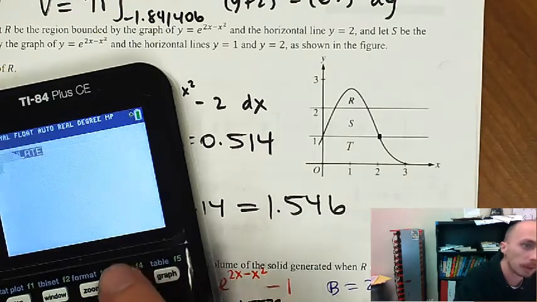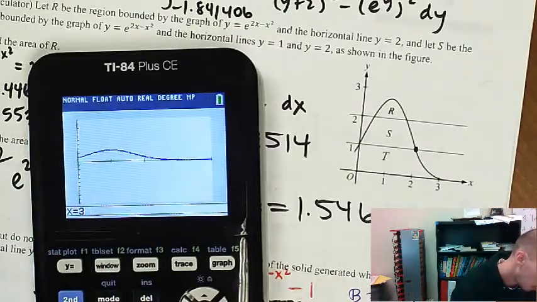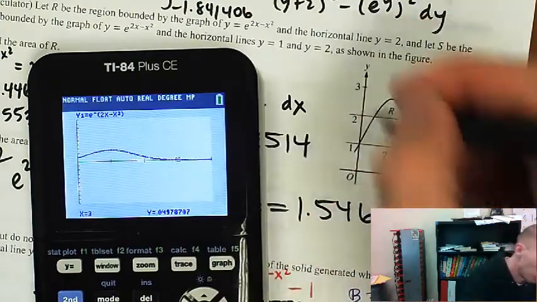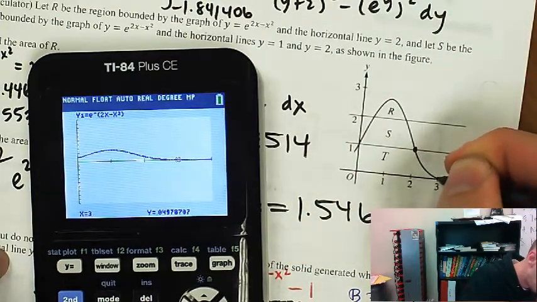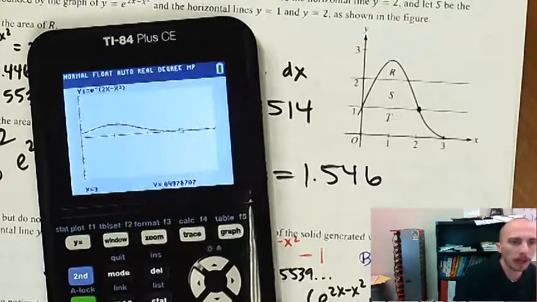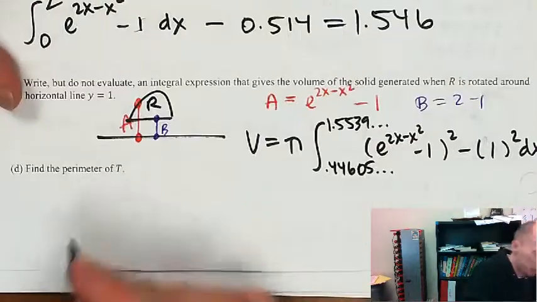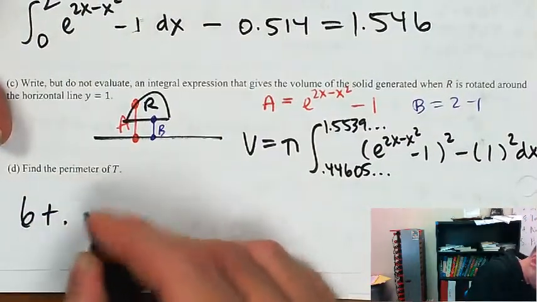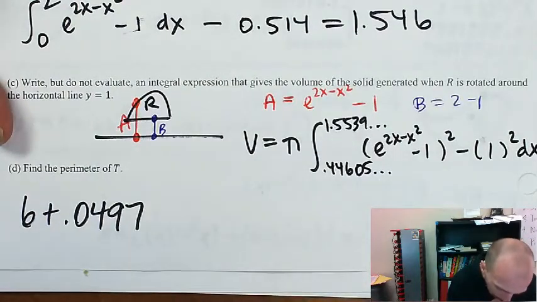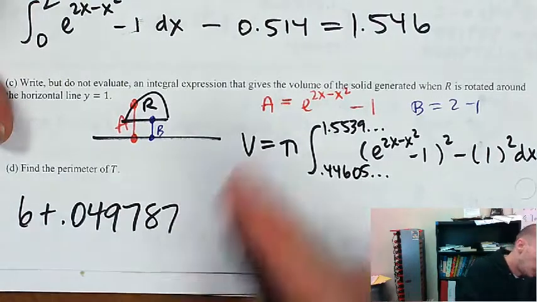All right, I'm going to calculate the value. I don't really use calculate value very often, but I'm going to plug in x equals 3, and y is very small. So maybe I'll assume that there's a little small vertical line there. Very small, right? 0.0497. So it's going to be 6 plus 0.049787, that's enough. Plus